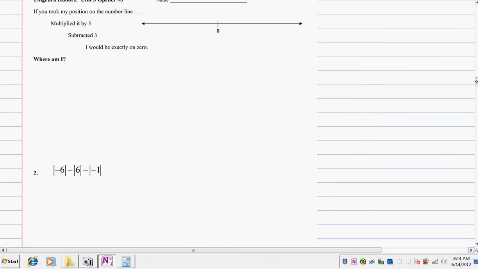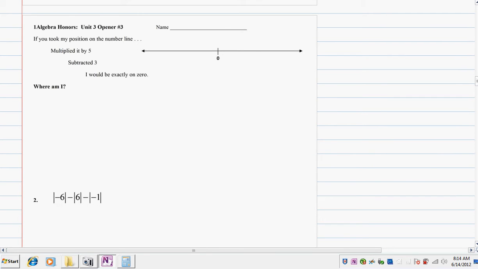If I took my position on a number line, so I'm standing somewhere on this line, if I multiplied it by 5 and subtracted 3, I'd be exactly on 0. So if I represented my position as x, well, if I multiplied it by 5 and then subtracted 3, I would be on 0. So that would be the same as being on 0. So one way to think of it is this location, 0, is the same as 5 times my position minus